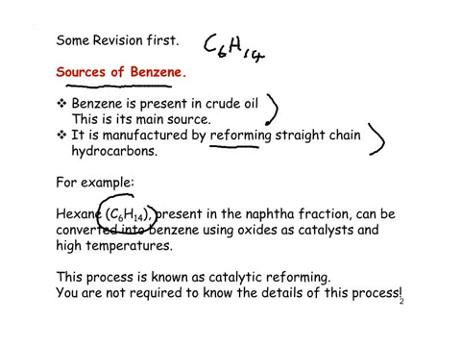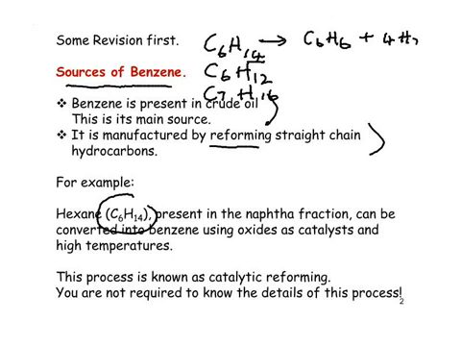C6H14, an alkane. We could also look at a cycloalkane called cyclohexane, C6H12. We could also look at heptane, C7. All alkanes have twice as many hydrogens as carbons plus 2. 2 sevens are 14, plus 2, 16. If this undergoes reforming, it produces C6H6. Now we've used 6 of the 14 hydrogens, so that leaves 8 hydrogens, and we have 4H2 then as well